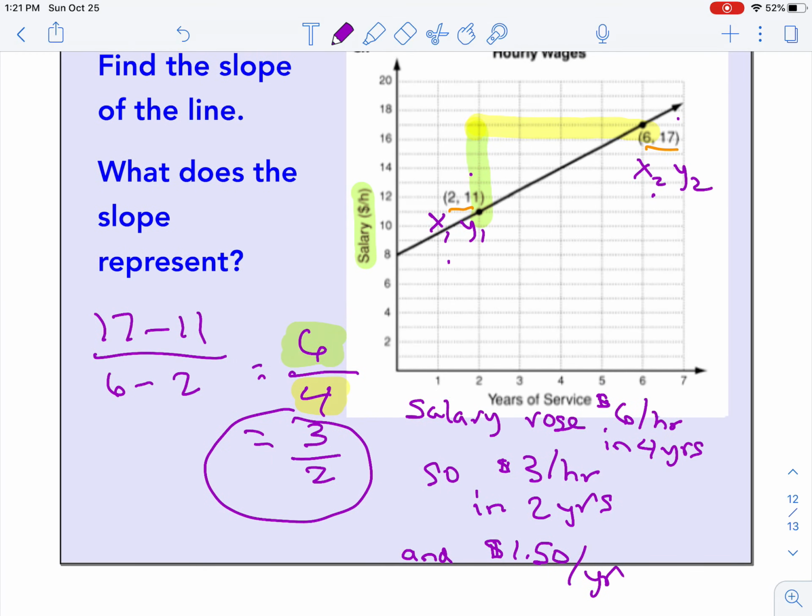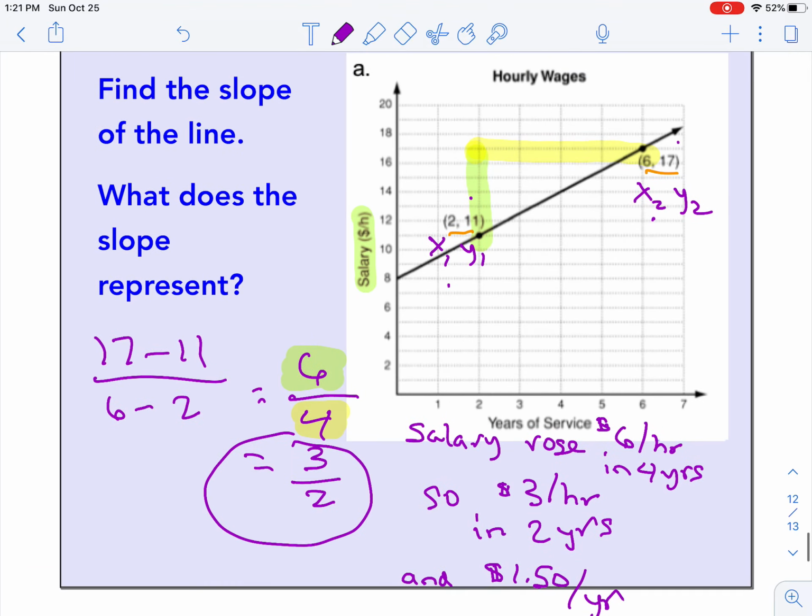So that's how that relates back to that average rate of change. So that's what the slope represents. It represents the change in dollars per hour compared to the number of years you've been working at that job. All right, that is the end of this